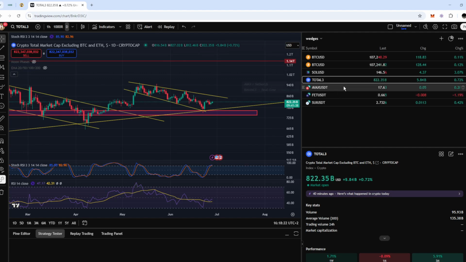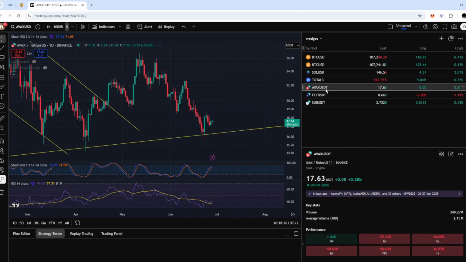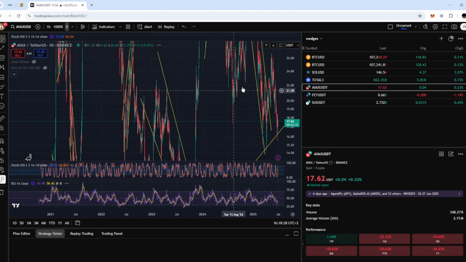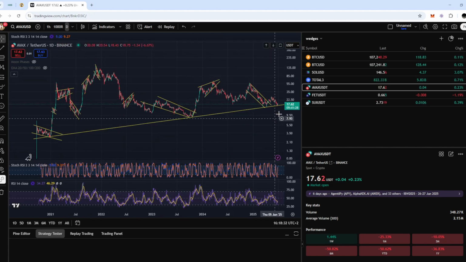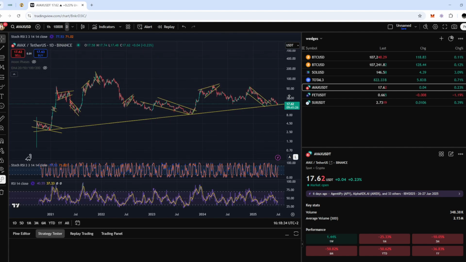All right, the last three altcoins, and that would be it for the video. Let's move on to AVAX. I'm not going over every pattern. I think the point is getting clear now. You can see it here. I drew it in since the start in 2020, since AVAX got the Binance listing. You see a bear flag,